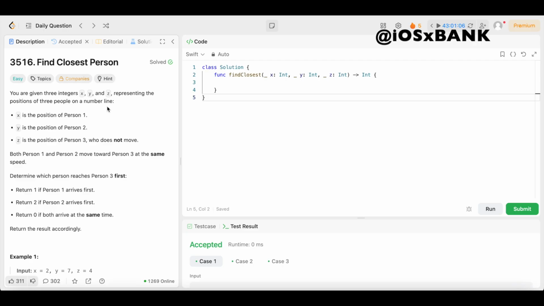And today we have question number 3516. Find the closest person. The difficulty level is easy, so you already know we're going to keep the solution as simple and easy to